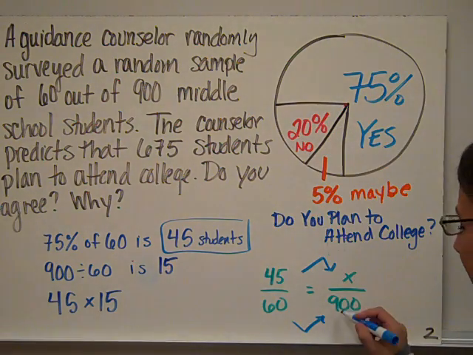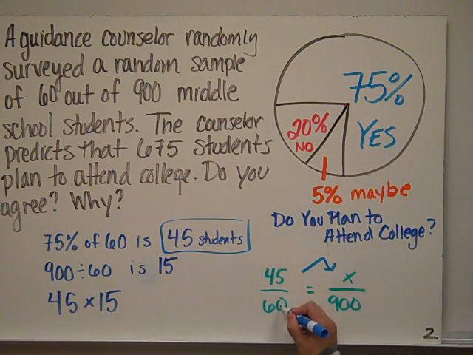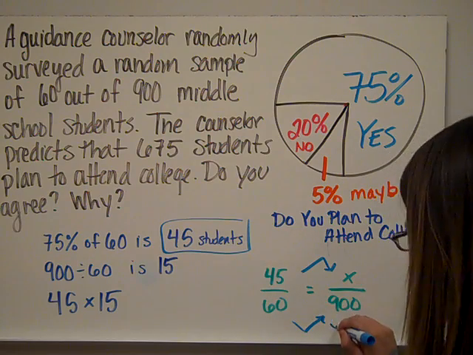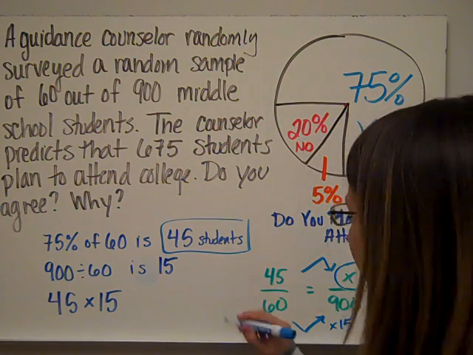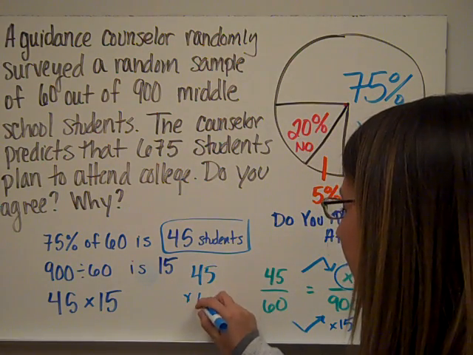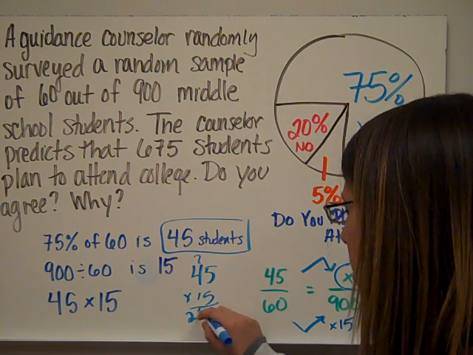So again, I did 900 divided by 60 is 15. So that means 60 times 15 is 900. Therefore, to find this missing value, I would multiply 45 by 15. And 45 times 15 is